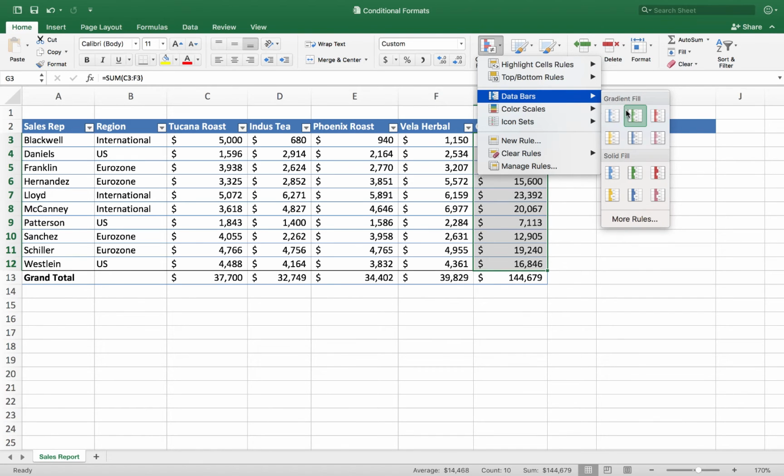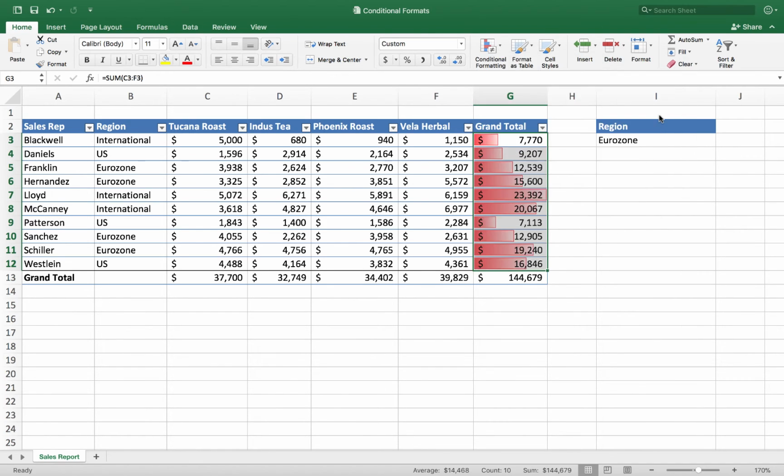I'm just going to go with, well, for you guys, I'll go for red. Okay, just to be consistent here. So I'll click on red here, red data bars, and cool, look at that. I've got just a way to scan the data, and I can tell at a glance the largest numbers. So that's a really easy way to interpret numbers here. You look at too many numbers and your eyes kind of glaze over, but you look at a graphic like that, and it just kind of jumps out at you.